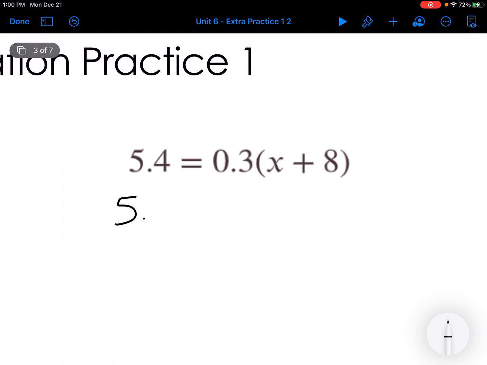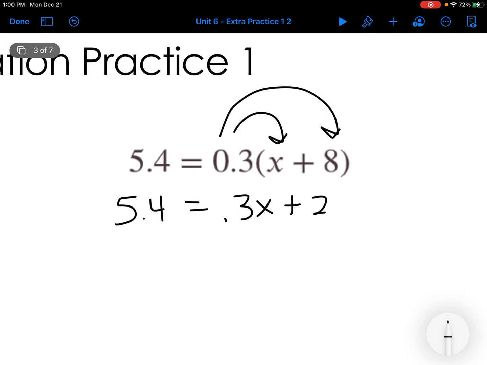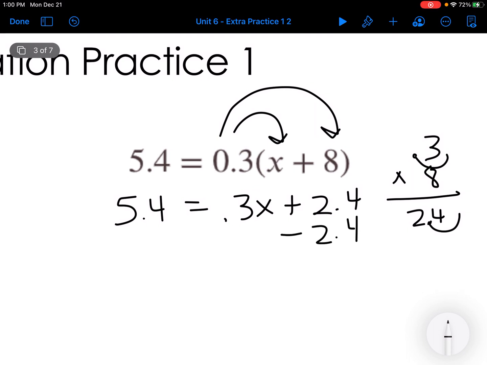For the next one, now I'm adding in decimals. So I'm going to use the distributive property. So 3/10 x. And then I get plus 2.4, and if you want to know why, it's 0.3 times 8, so that gives me 24, and I have one number behind the decimal in my problem, one number behind the decimal in my solution. All right, so I'm going to zero out first, so I'm going to subtract that 2.4 on each side,